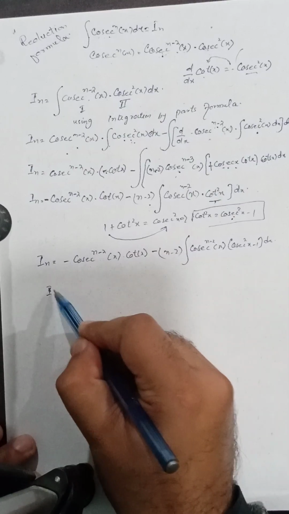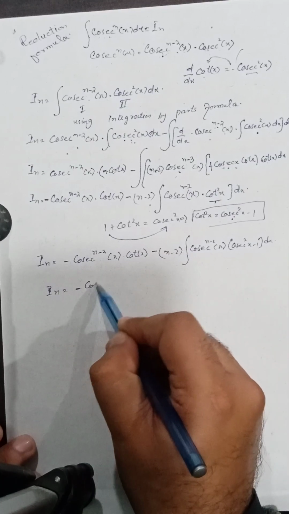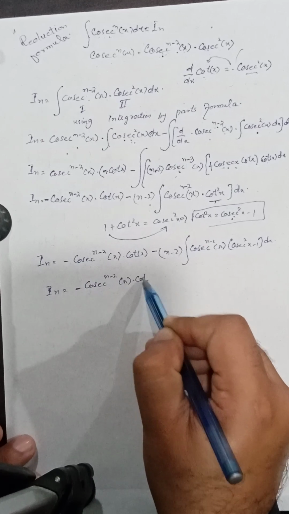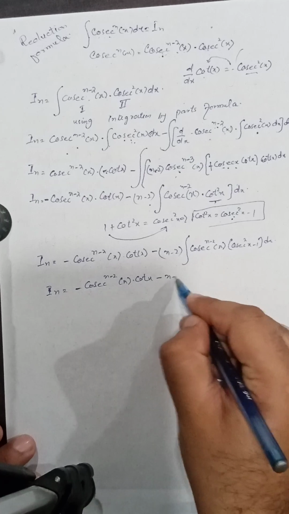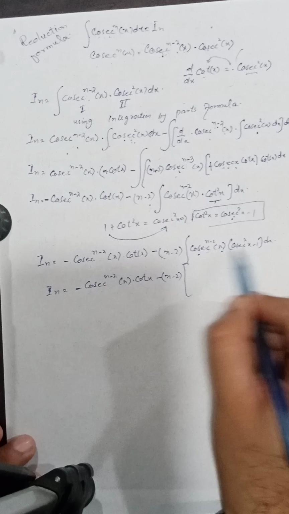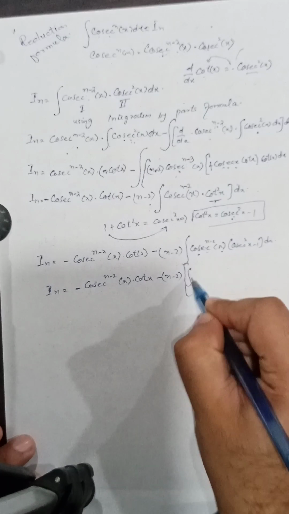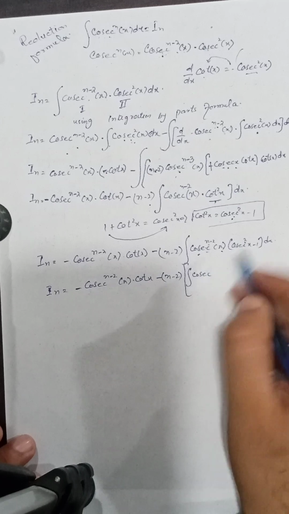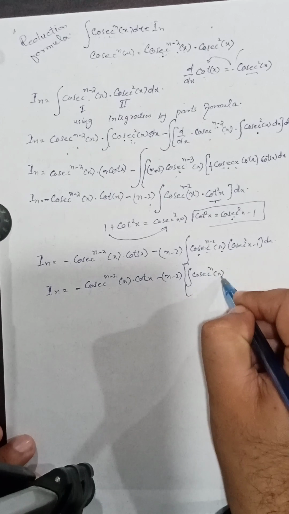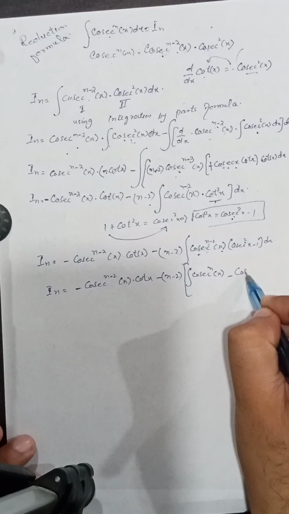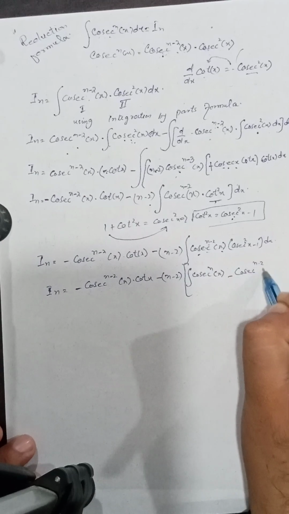So this side is equal to: I_n is equal to cosecant^(n-2) of x with cotangent of x, minus (n-2) times the integral of cosecant^n of x minus cosecant^(n-2) of x